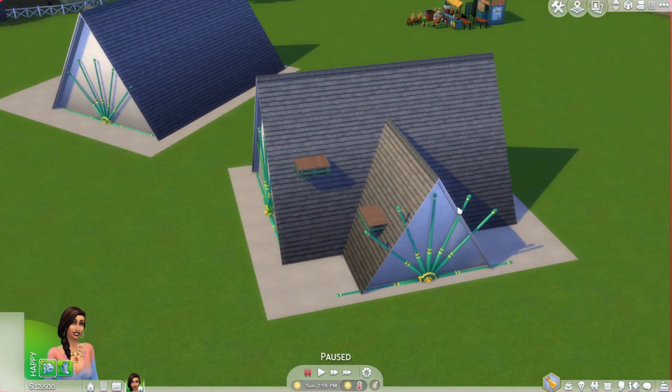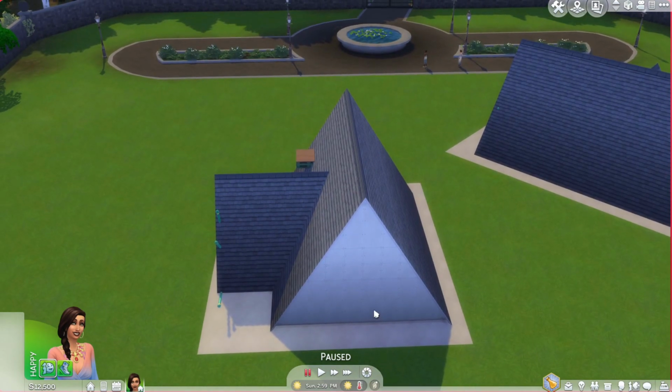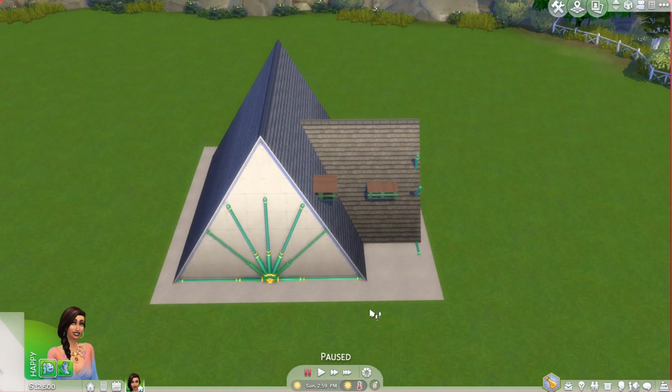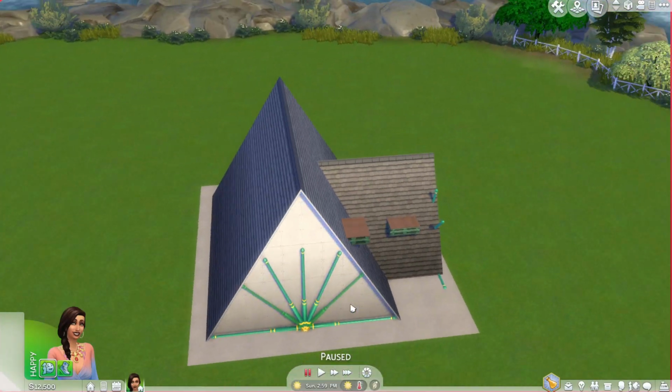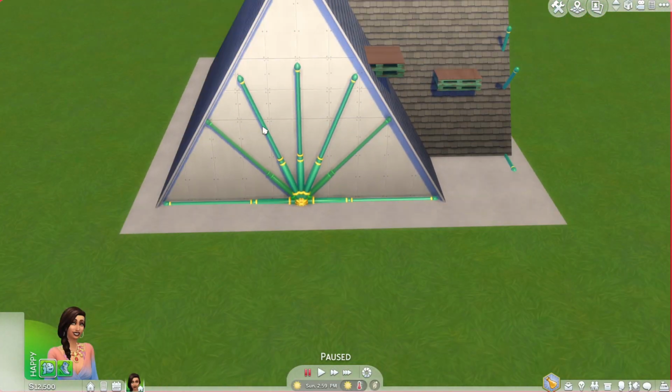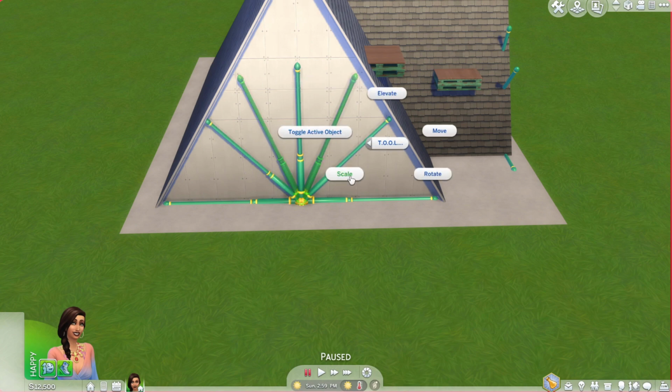And I just realized I should have also done one on the back as well. But that's okay because what I can do later is copy this part of the room and put it on this side. So that's not a big deal because they're both the same size, so it'll be fine. Okay, now I'm just going to click on this one and then Alt click on the mirror image. And originally we had this scaled to